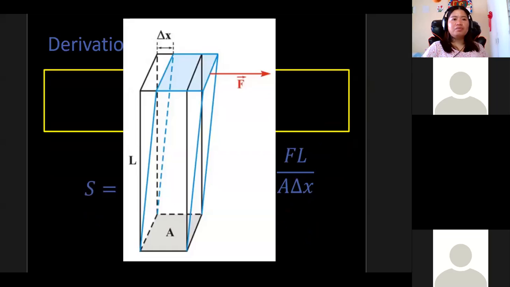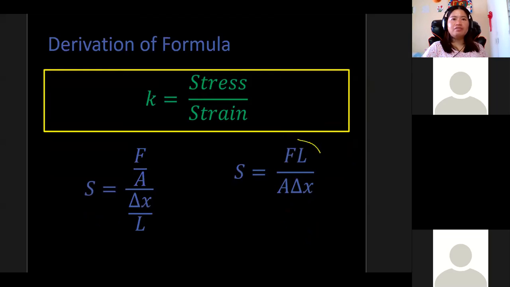For shear modulus, we have S is equal to FLUX, which is force times length all over area multiplied by the change in shape.